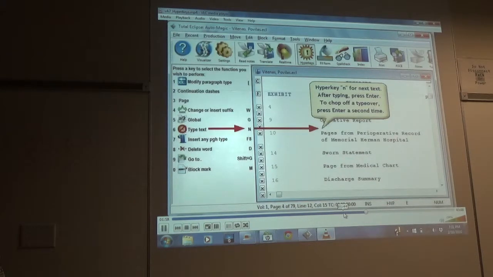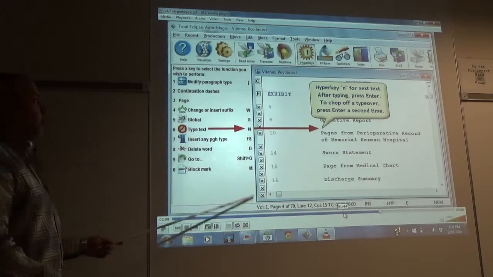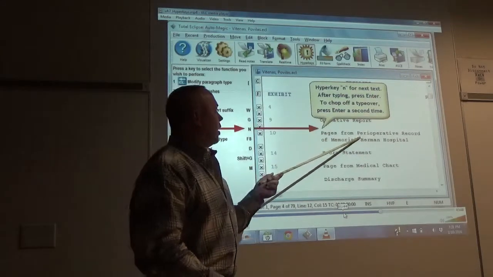So how do you temporarily turn off hyperkeys in order to type text? Here you see it as a choice on the AutoMagic list, but you also see that it's in when hyperkeys are on. So you're in hyperkeys, you get to a place where pages from